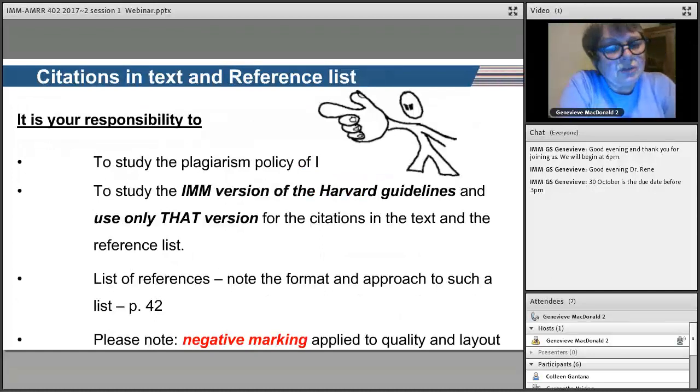It is your responsibility, and this I feel very strongly about, because you wouldn't believe how many people actually fail their reports just because they do not pay attention to the negative marking. The negative marking looks at the quality of the report, at the layout, as well as the referencing and the citations in the text. So study the plagiarism policy of IMM. Study the IMM version of the Harvard Guidelines and use only that version for the citations in the text and